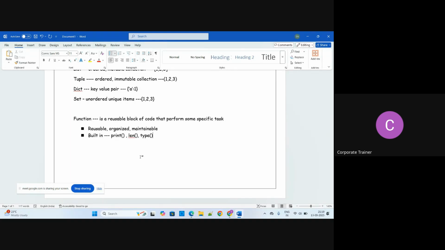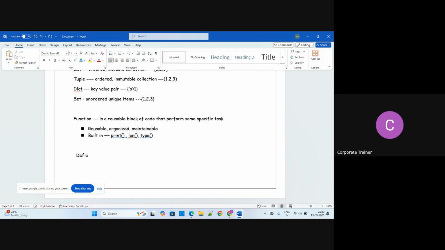So how can you define a function? I'll write one or two lines of code so that you remember. You write def, then the function name, then whatever parameters you have, and then return.